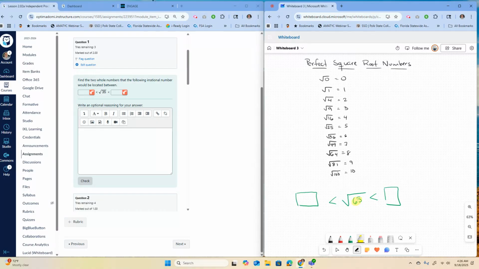Here's what you're going to do. You're going to look for the number that is inside the square root here, so 65. And you're going to look at the list up here and find between which two perfect square root numbers the square root of 65 lies. So look inside each of these square root numbers and look for two numbers that 65 is going to be in between. So for example, 65 could be between